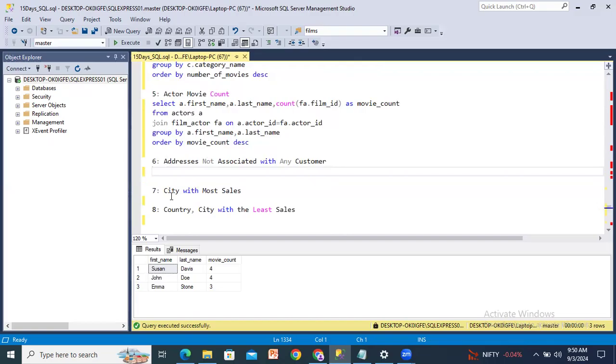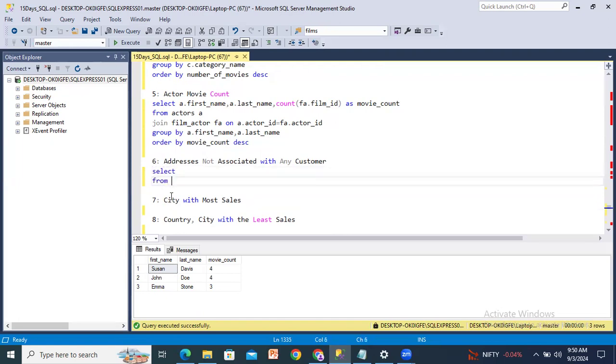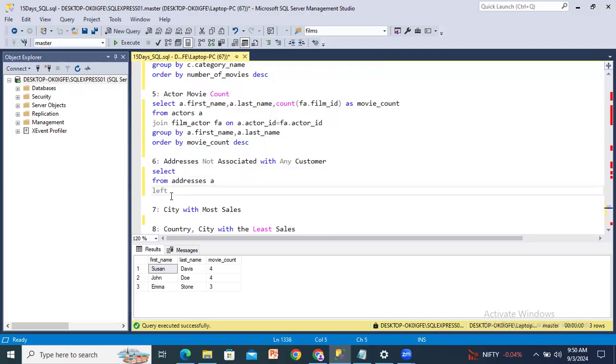So here we have to consider the tables addresses and customers. Let's try to write: select from addresses A left join customers C on